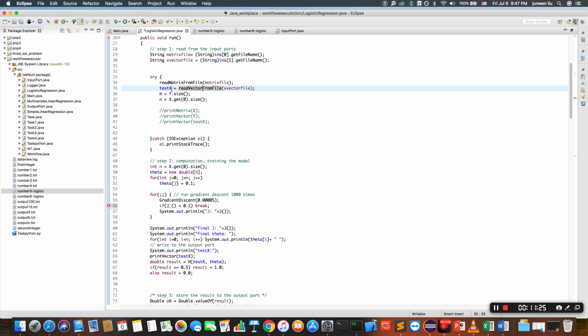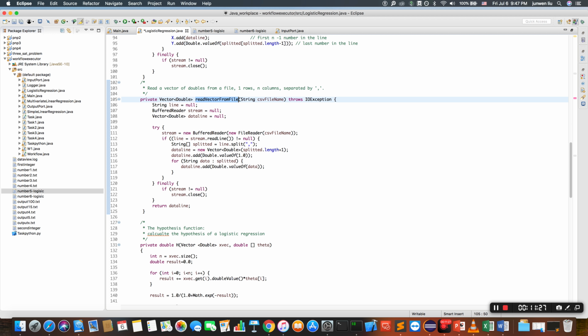Let's take a look at the code here. It's quite the same, except it's one dimension. And they will also use a file reader and buffered reader to put them in a string until it's not empty, and we will split them by comma,